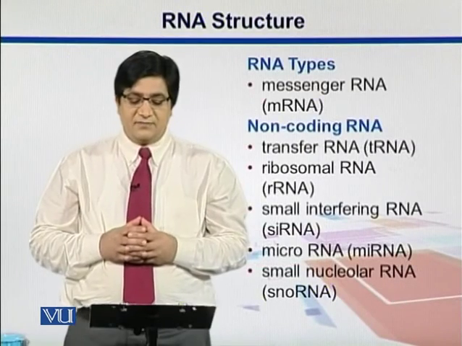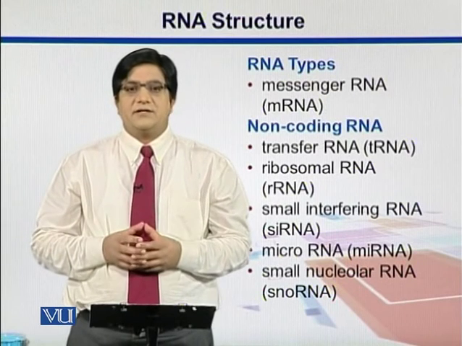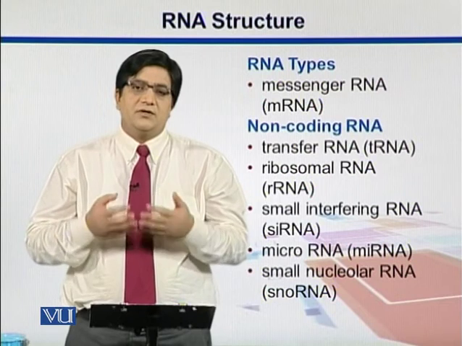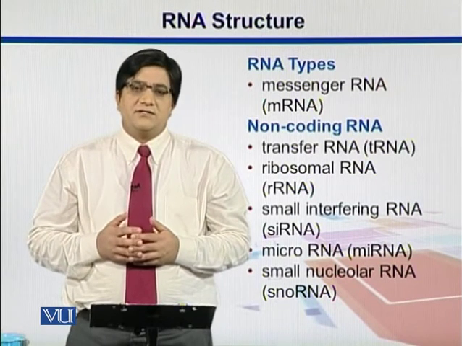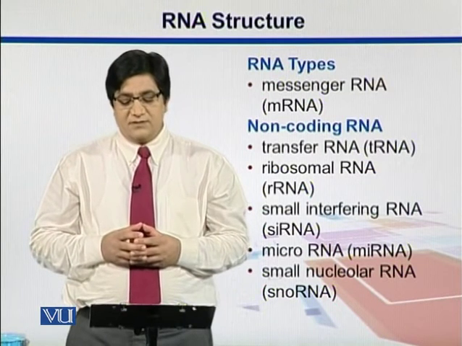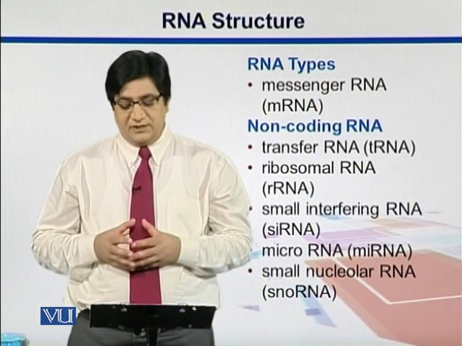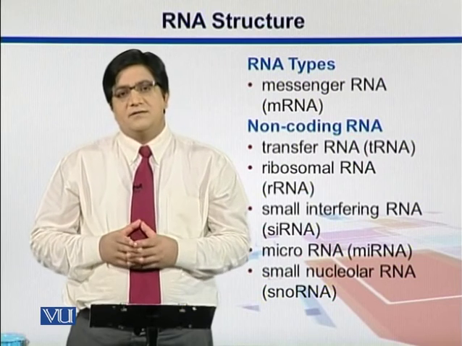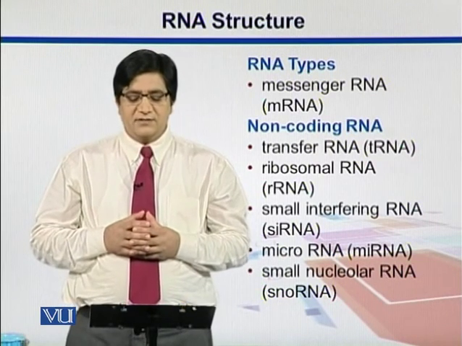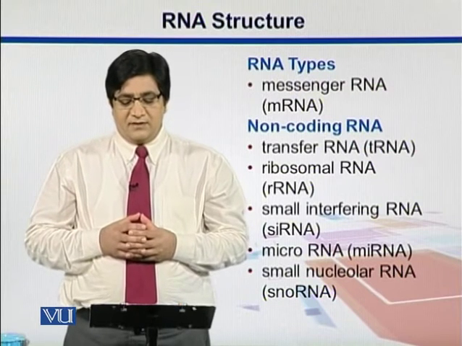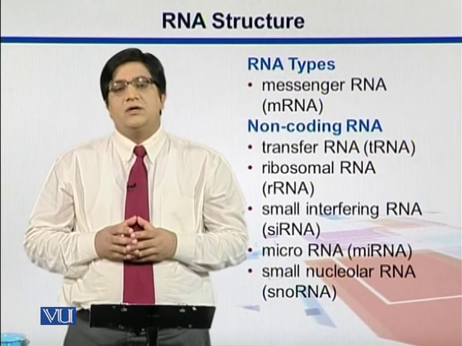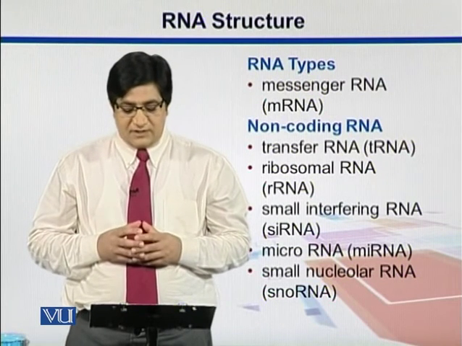Important kinds of RNA: messenger RNA, we know that gene expression takes place in this shape. So messenger RNA is the one which codes into the proteins, and this messenger RNA actually comes from the genes by the process we call transcription. Same way, this transcription process can lead to formation of some other RNAs, which do not code for proteins. We call them non-coding RNAs. So examples are transfer RNA and ribosomal RNA. Both of them help in protein synthesis, but the actual code is the one which is stored in messenger RNA.